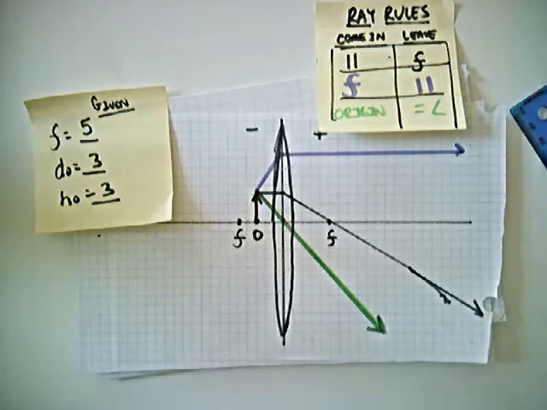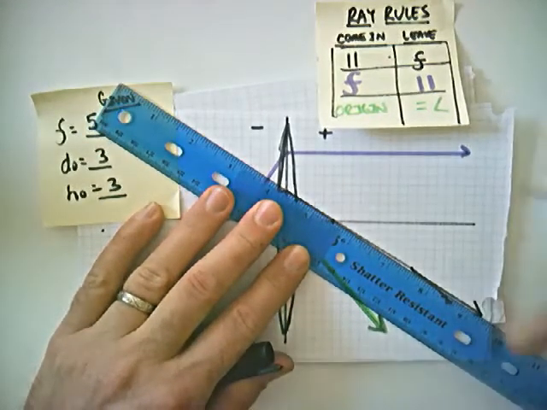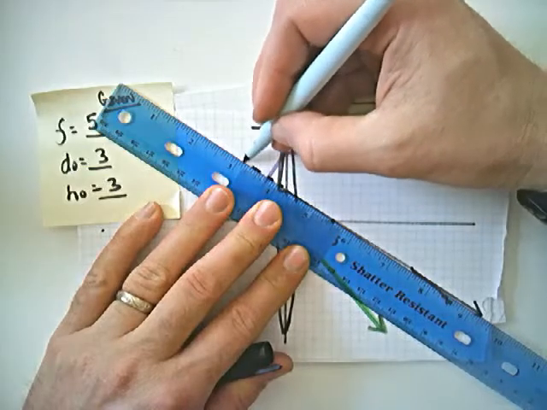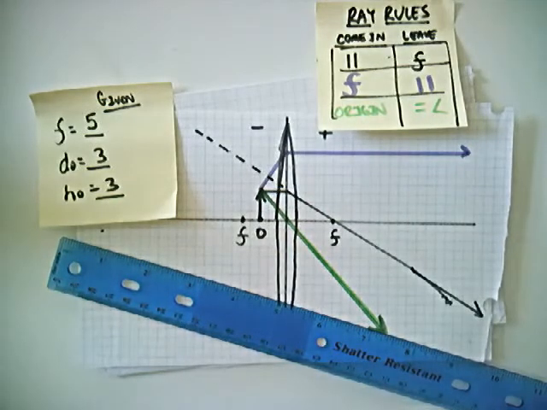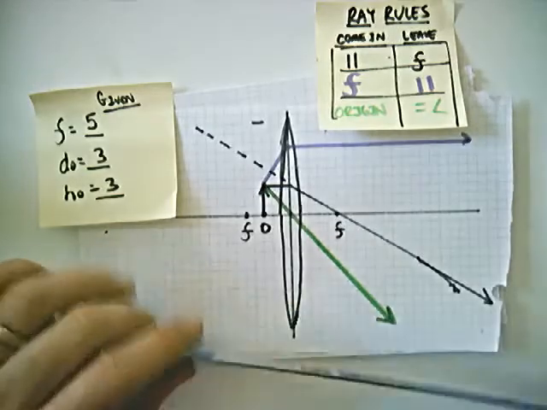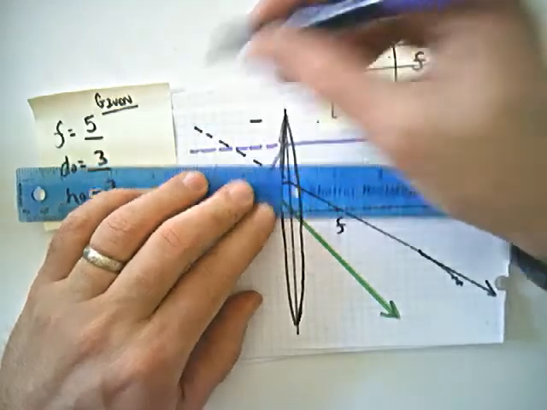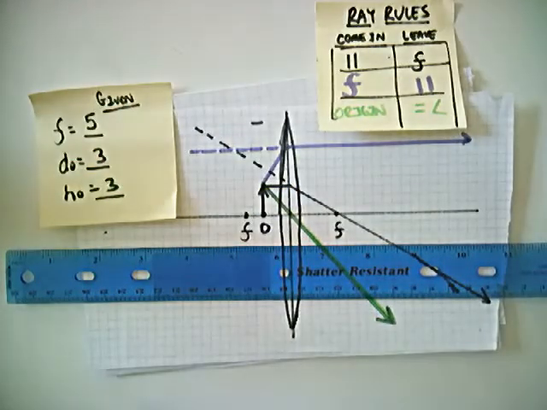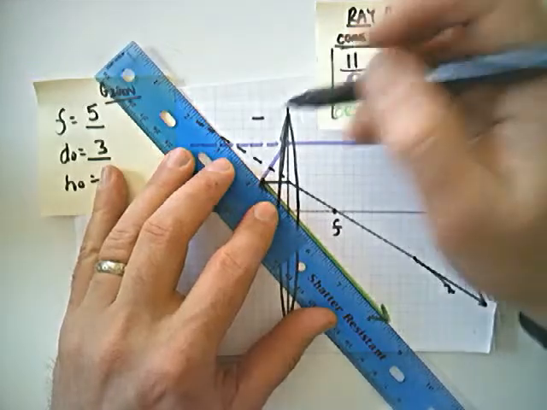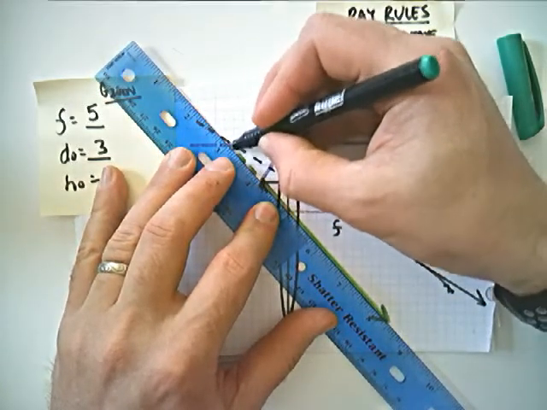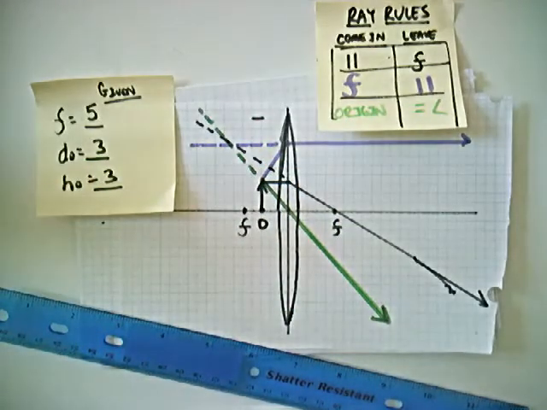So what do we do now? Well, we trace it back. We trace it back to see where the rays would intersect behind it virtually. It's the refracted rays that we're tracing back. I'll do it for this one as well. Come on back, y'all. Okay, and then we're going to also do it for this one here, ray 3. Ooh, look at that. Lining up nicely. There you go. So that intersection point will give you an idea of what it looks like when we